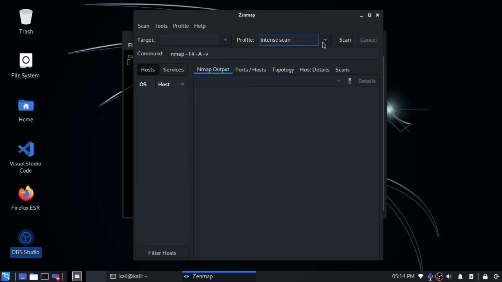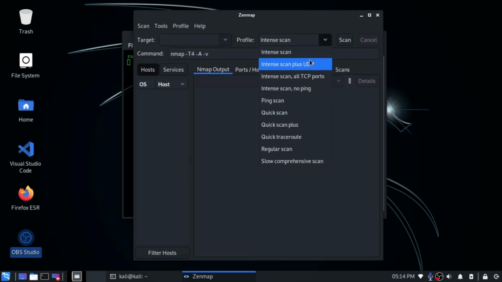Here, as you can see, there is a wide variety of scans available. Each type of scan will result in some more information about the devices connected on the network. For example, if we run the ping scan, it will only give the IP address at which the device is located and some more information like the MAC address.